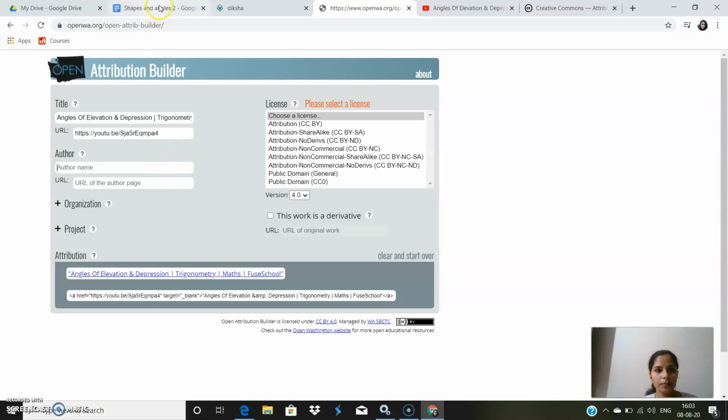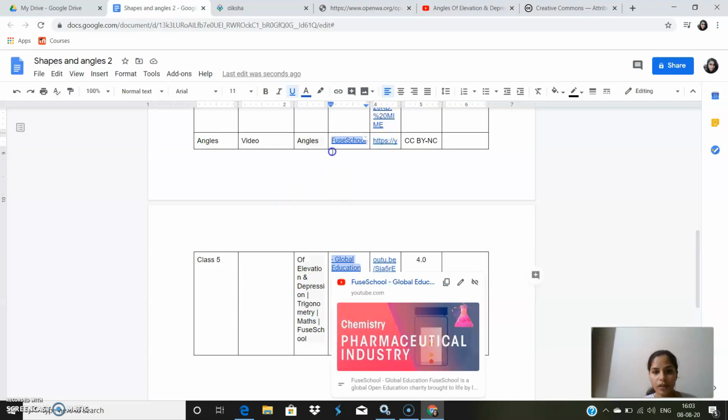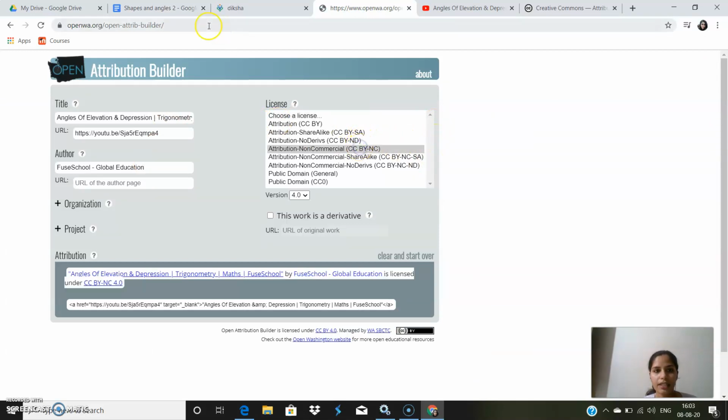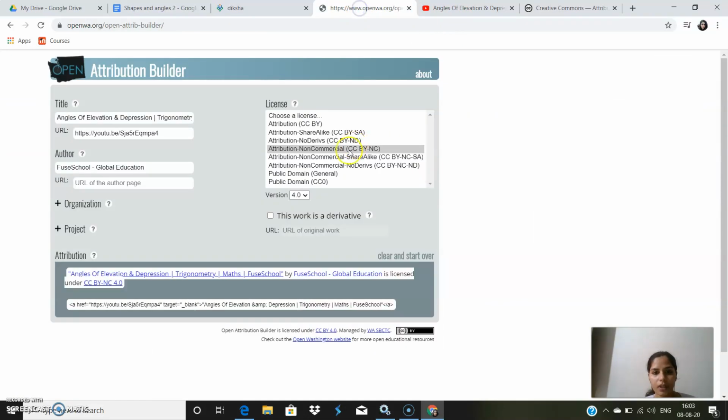Then author name, which is Useful Global Education. Copy this, paste it here, choose the license, and the license is CC BY NC. Check it again. CC BY NC 4.0 version, right? So CC BY NC 4.0 version. Now the attribution is ready. Copy this and paste it here.